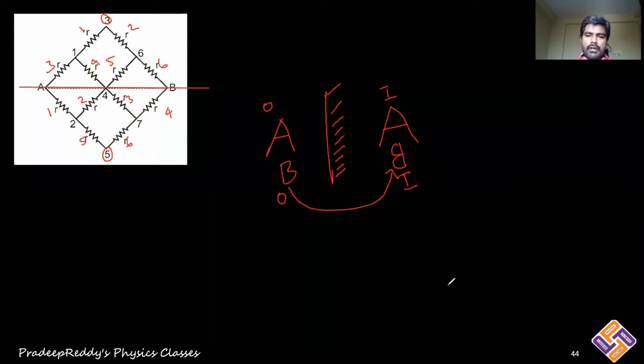Therefore, when you are dealing with these kinds of circuits, after dividing the circuit horizontally or vertically, you need to check whether the upper portion of the horizontal is symmetrical to the bottom portion. That means if the below part is exactly the mirror image of the above part, in such cases you can use the symmetry rule.